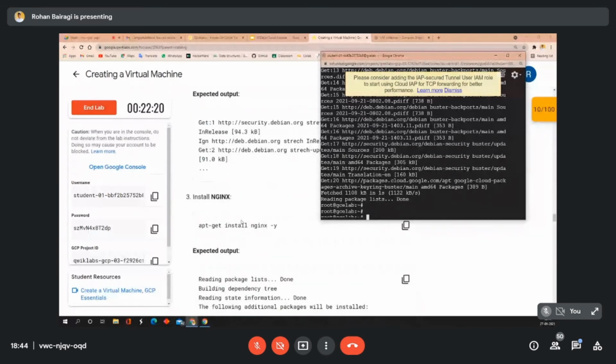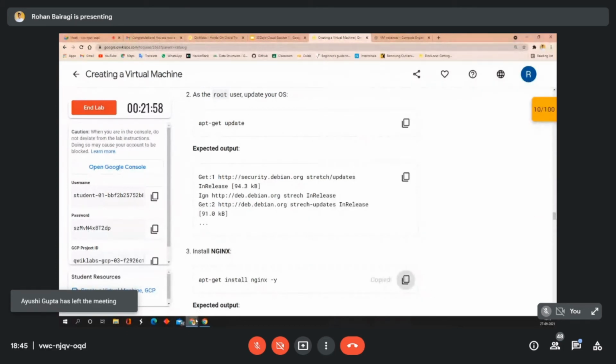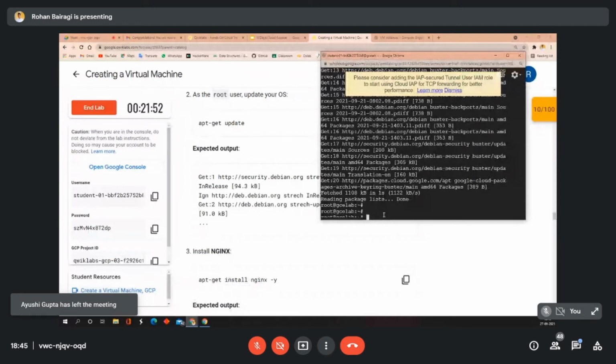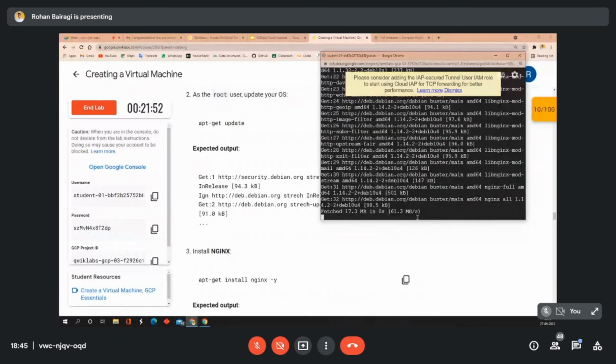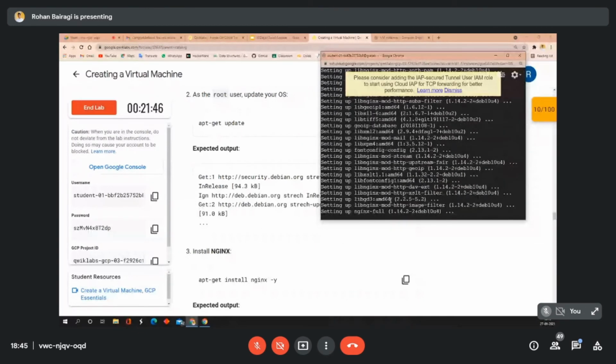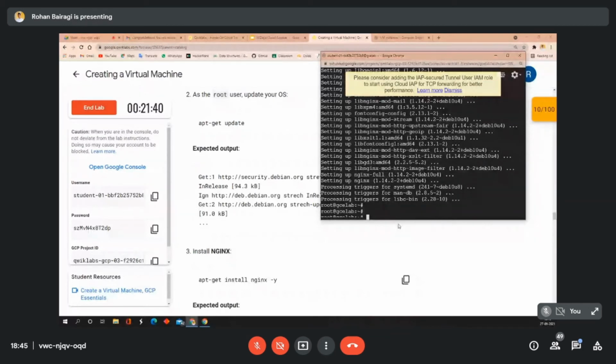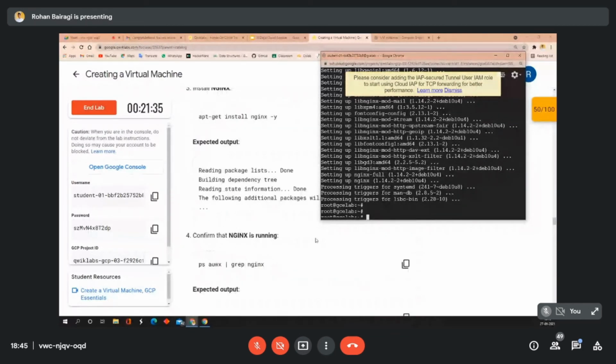Now, to install the Nginx server, just copy this command: apt-get install nginx, and paste it on the SSH terminal and press enter. The installation process is completed.